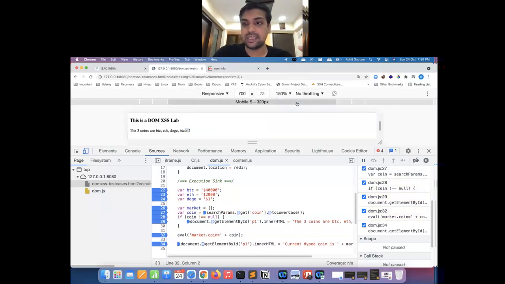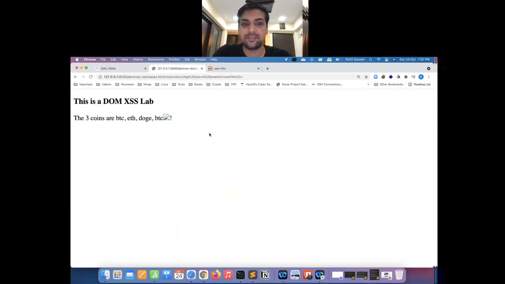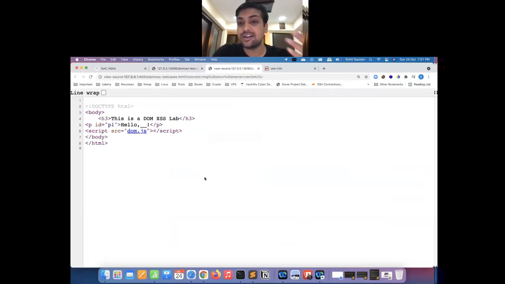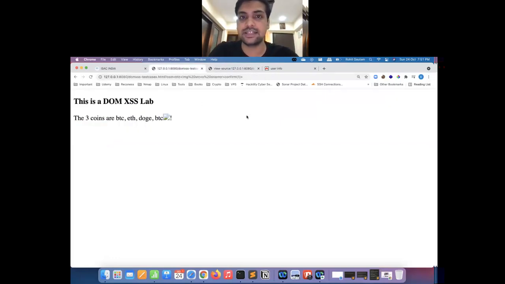Now you may be thinking, sir, how is this different from reflected XSS? This is different from reflected XSS because I cannot see any reflection in the page source or anywhere. Okay, so you just need to keep in mind it may look similar to reflected XSS because we are identifying a parameter in the URL and putting our payload, but this is not reflected XSS. Everything is happening in the browser's DOM. Okay, I hope you guys understood this scenario. Everyone is clear with me? Everyone is able to understand?